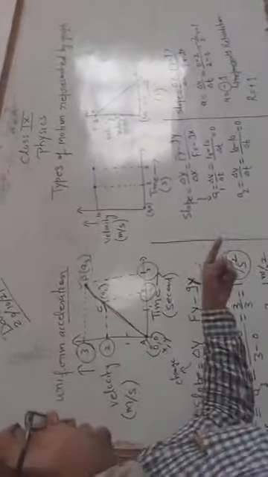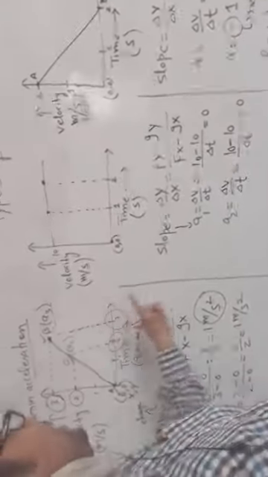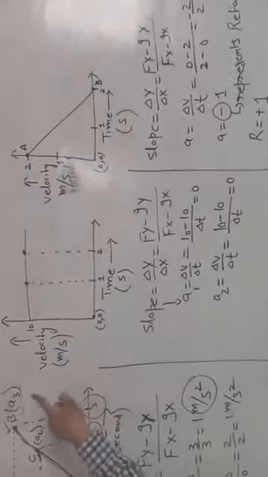Now we will see the second graph. Second graph we will analyze. Again see that the graph is plotted between velocity